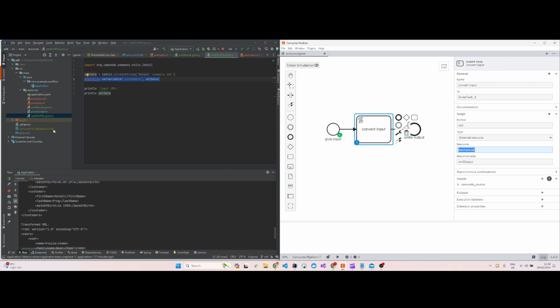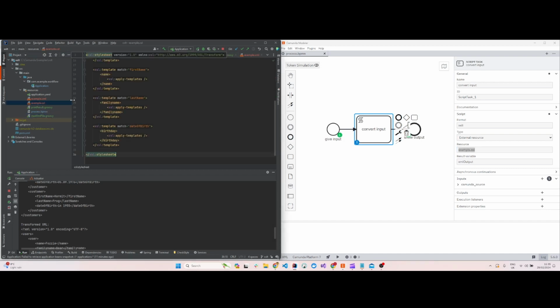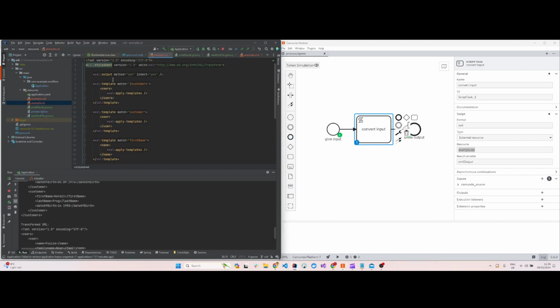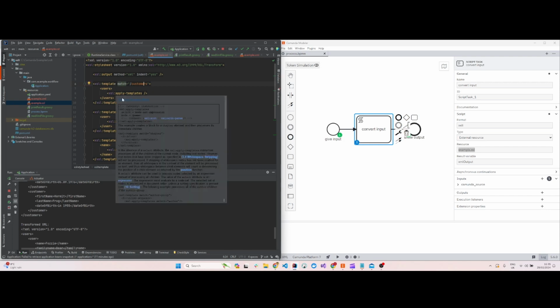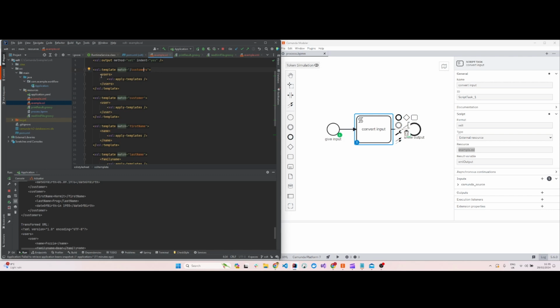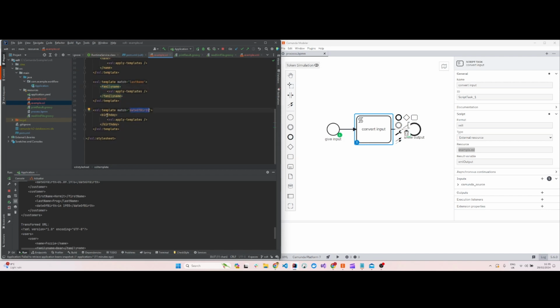example.xsl resource, which is here. This is the XSLT template which will carry out the transformation. Here you can see that it matches customers, applies templates, and changes it to users. So customer is changed to user, first name to name, last name to family name, date of birth to birthday. That's converted and saved in the XML output file, and then